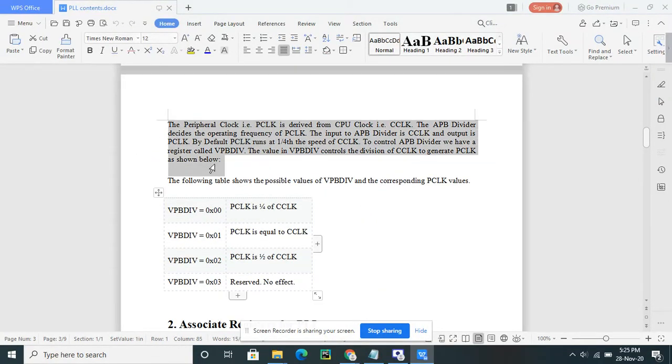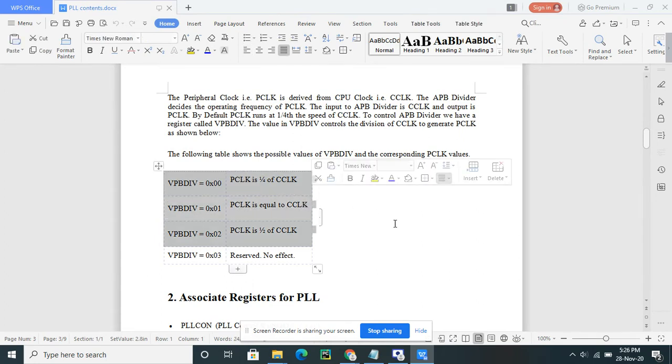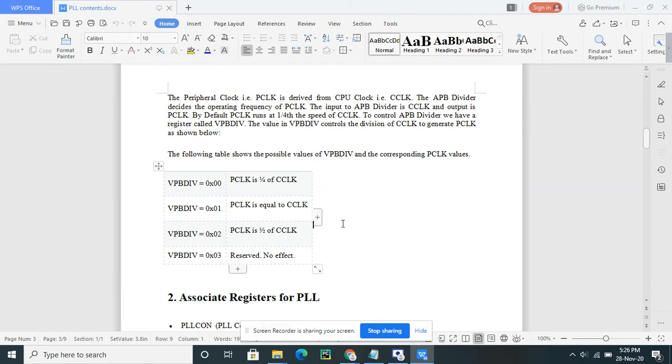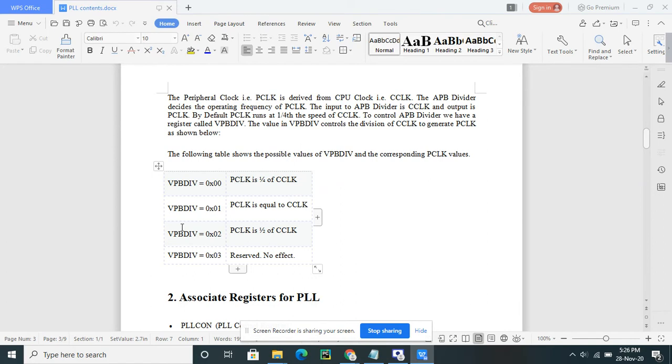After reading this document, you will get to the point where we have some formulas. You need to take those formulas and see how we set our peripheral clock and C clock, say 1 by 4, which becomes 15 megahertz, like this. PCLK, the peripheral clock, will be equal to the C clock. In this case it will be half of this one, and there will be no effect. So we have to use the VPB DIV, we have to divide it, and based on that we set the frequency level of our peripheral clock.